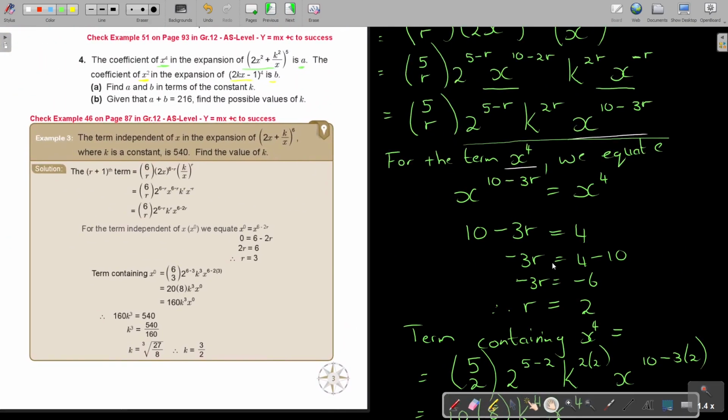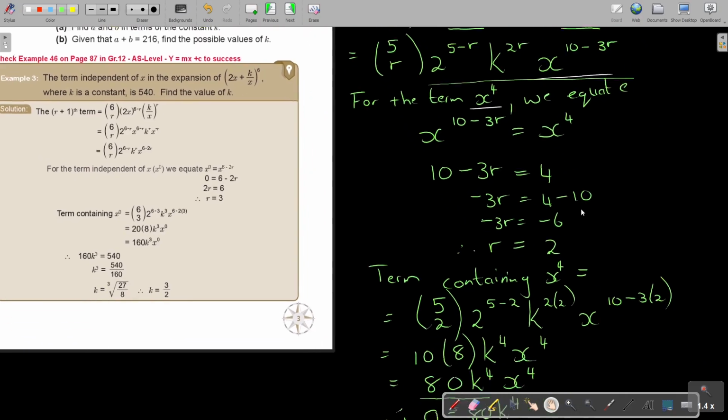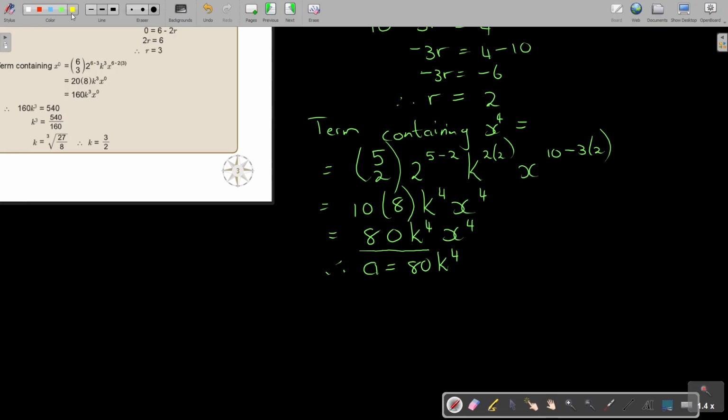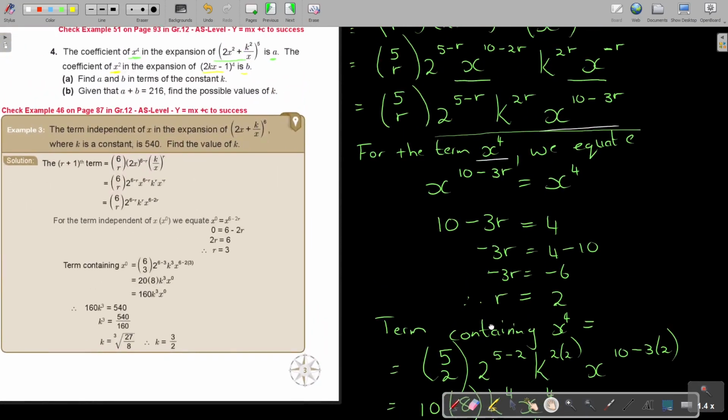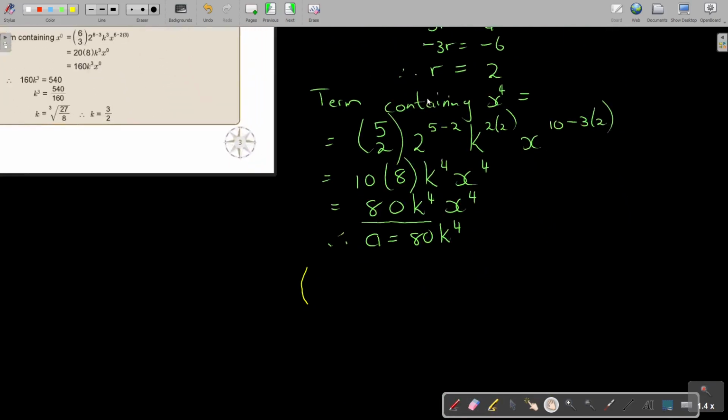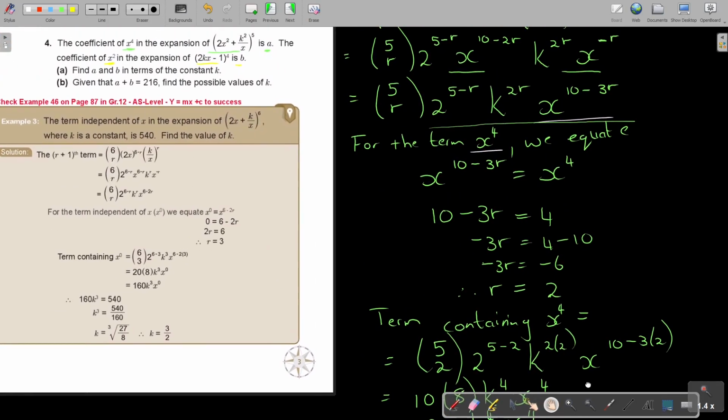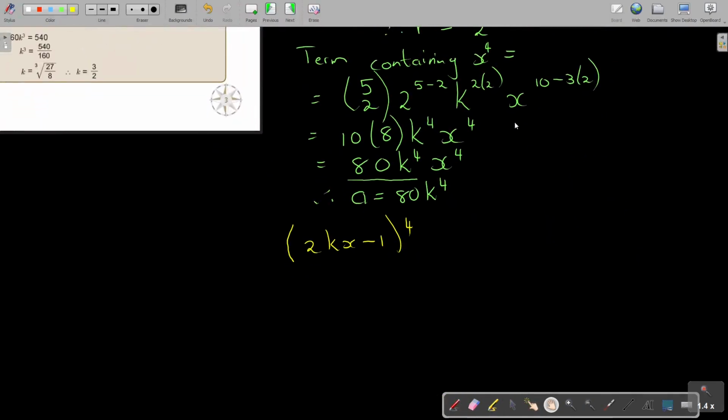Okay, so now I'm sitting with the coefficient of x2 in the expansion is b. So I start again with my expansion. Okay, let's just go. Now I'm in the yellows. Let's just write down that bracket first. I just want to see it again. So it's (2kx minus 1) to the power of 4. Can I just check it again? (2kx minus 1) to the power of 4. Okay, so for the r plus 1 term,